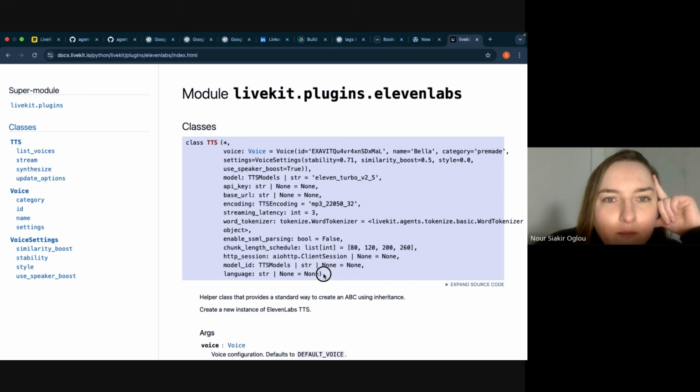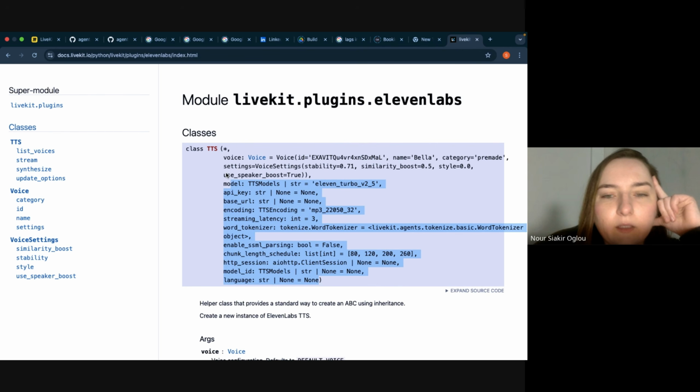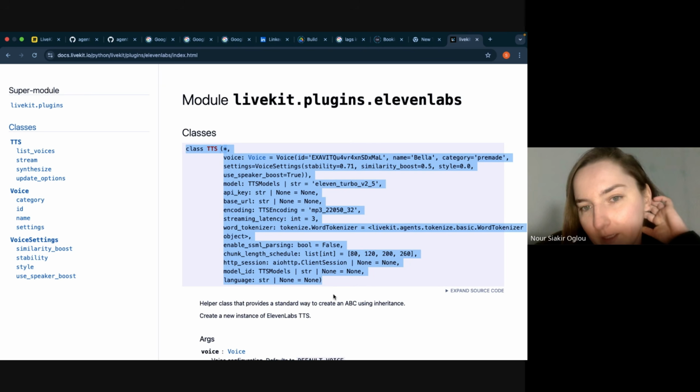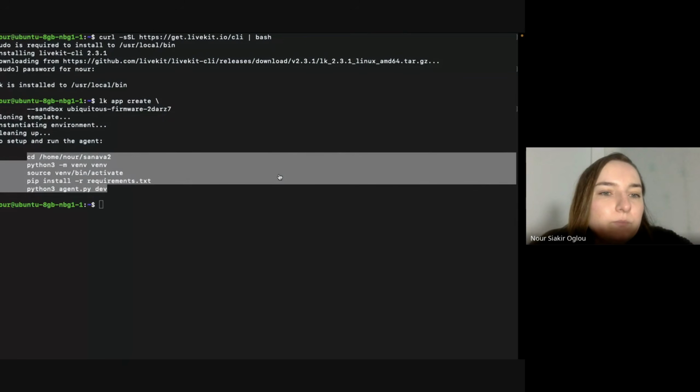As I said, LiveKit's docs aren't the best. There's not much information here. So you just copy this and give it to an AI, an LLM,